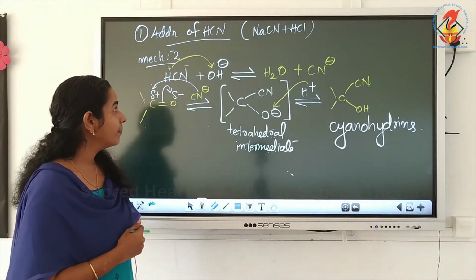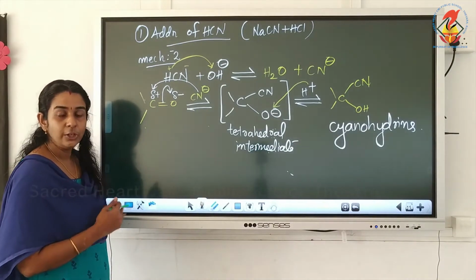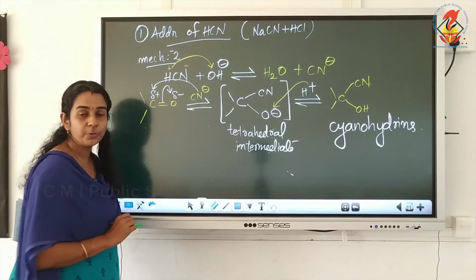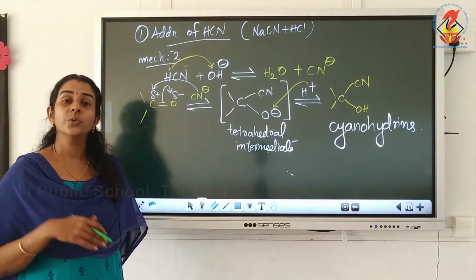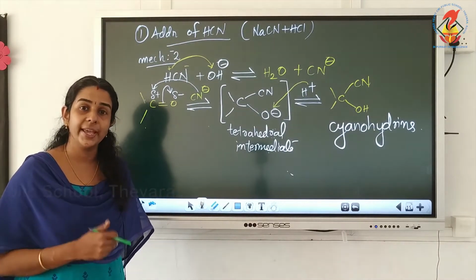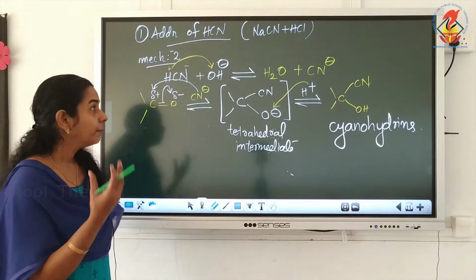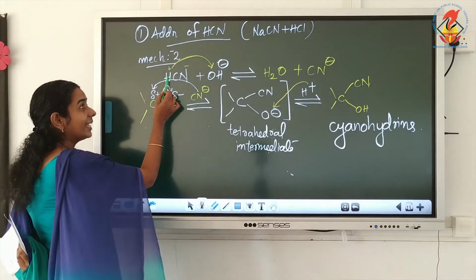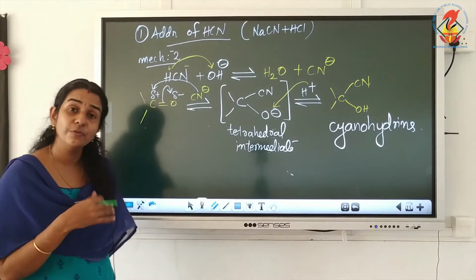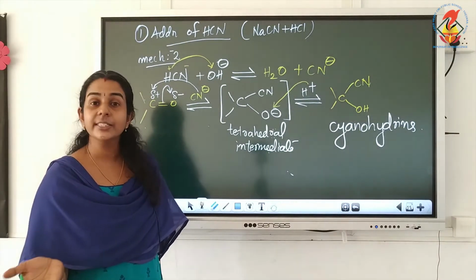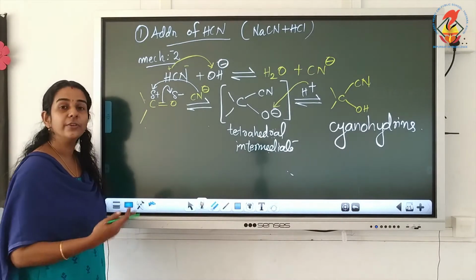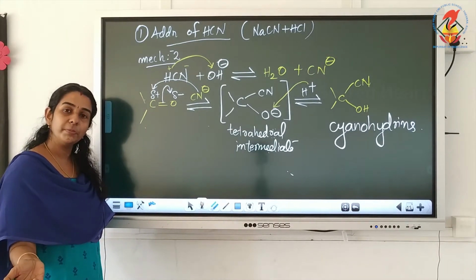The reaction will be very slow. So in order to catalyze the reaction, we are using OH minus, the base. So what happens if we use a base here? We know that bases are ready to accept H plus. So they will take H plus ions from HCN very fast, so that CN minus, the nucleophile required for this reaction, is available very fast. So the reaction becomes very fast.